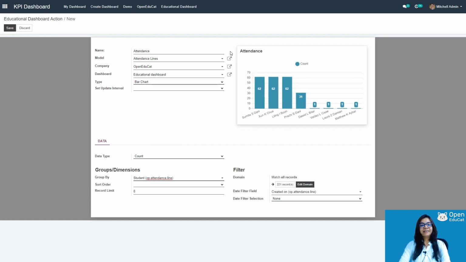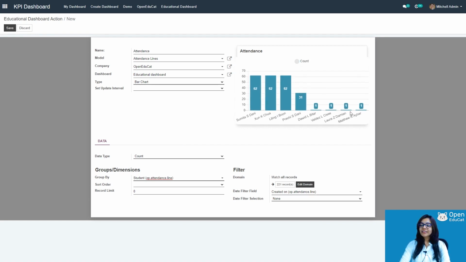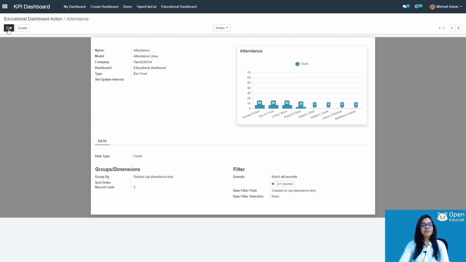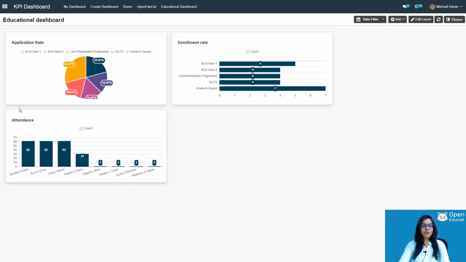You can see attendance is already in the form of the bar chart. Means in this bar chart you can know how many attendances Sumita Azdani has in a particular course. Click on save to save that bar chart and click on the educational dashboard. Now you will get this attendance in the menu of the educational dashboard.